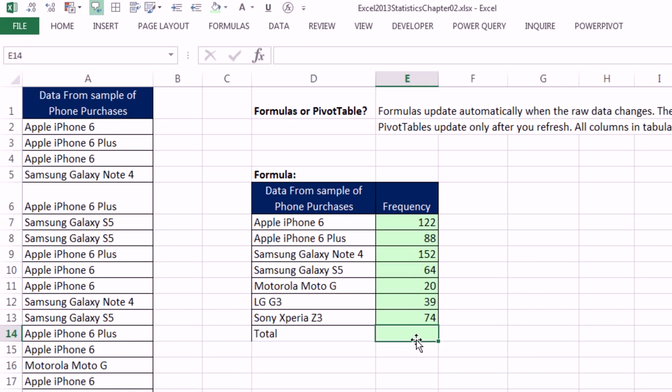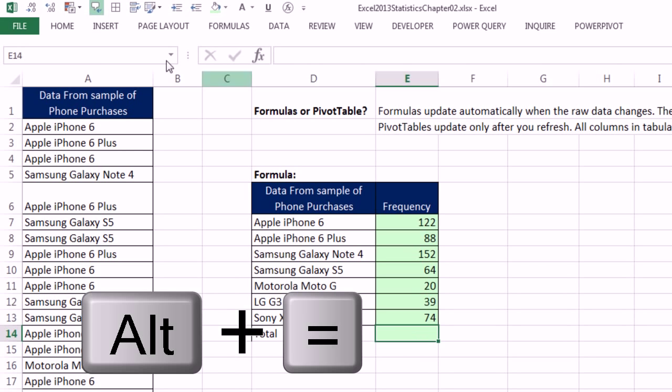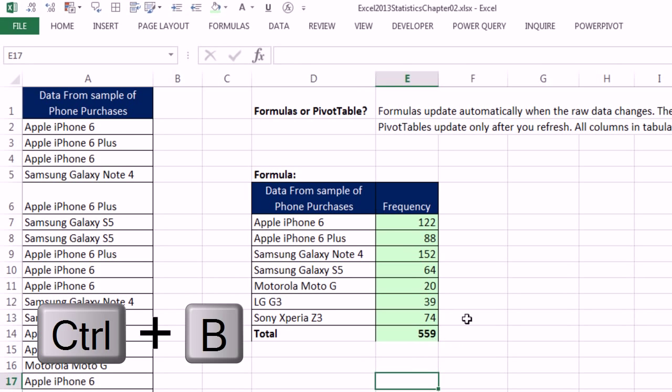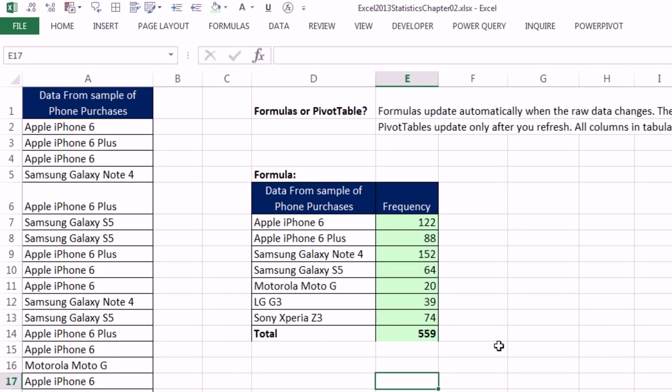Now we want to add, so we're going to use not the sum button up in the home ribbon or the formulas tab. We're going to use our keyboard, Alt equals. We're looking carefully. Are the dancing ants marching around the correct range? You bet. Enter. 559. I'm going to turn my Speak Cells on Enter off. Now I'm going to come back to this later and do some formatting. But for now, I'm going to highlight these two and Control B. We'll actually have a few more totals, and so we'll do a universal formatting at the end.